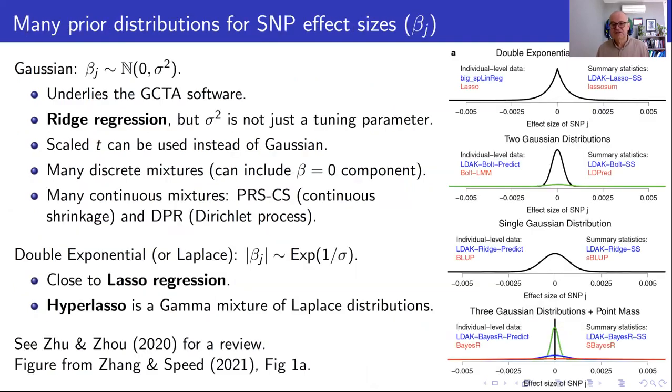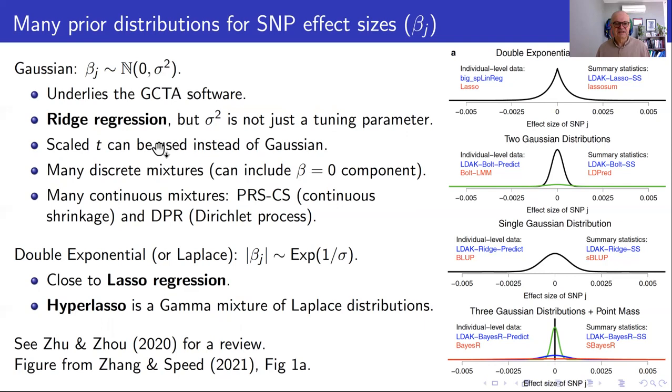Now, we do have a lot of prior distributions, and this is a busy slide, and I don't want you to study all the details. It's just to make the point that lots of people have come up with a ton of different priors. I want to emphasize this key one, which underlies the very popular GCTA software, but when you start looking for it, it's everywhere in human genetics, a similar kind of assumption: the effect sizes have a Gaussian distribution with some variance, but the key thing is that there's no j subscript there, because the variance is assumed to be the same for all SNPs. So this is basically ridge regression, but the sigma squared is not a tuning parameter, it is the key parameter of interest.